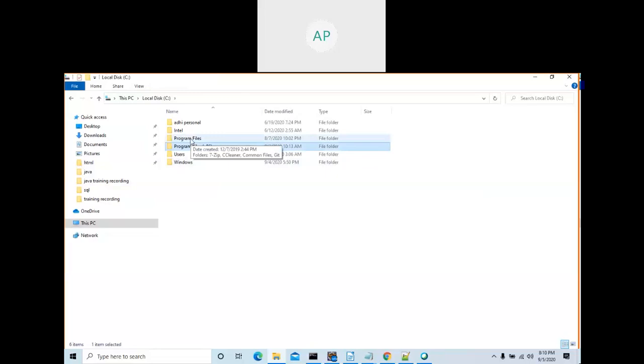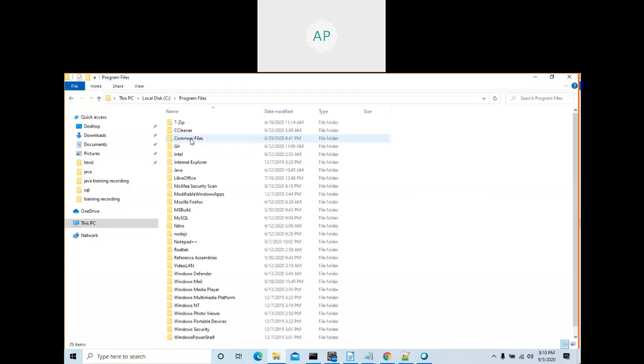If you have some other operating system, like Ubuntu, go to Google and type it, and it will tell you where the software gets installed. In my case, I have a 64-bit operating system. So here you see where the Java folder is.